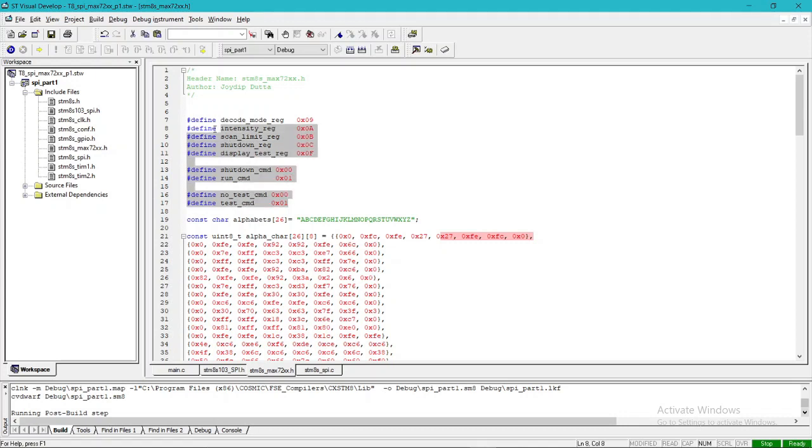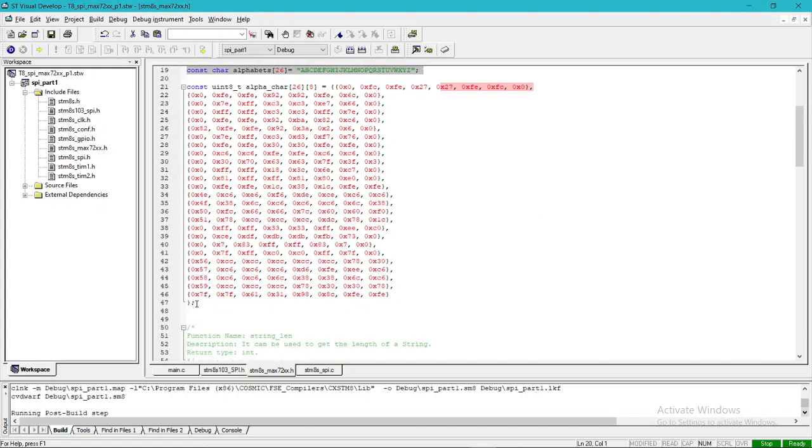So you can find the registers of the LED matrix display board, that is MAX7219, in the datasheet of this device. In the datasheet they have mentioned how to communicate with the device using SPI. Then I have provided an alphabets section, where I have declared a character array of the alphabet to compare our respective input strings further.